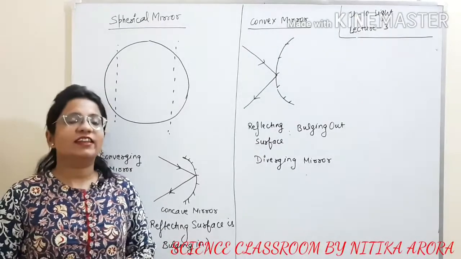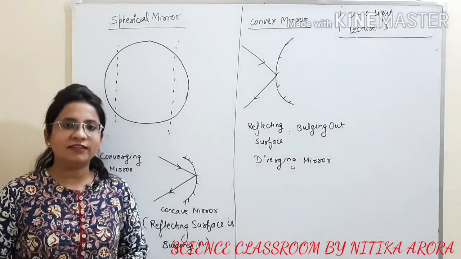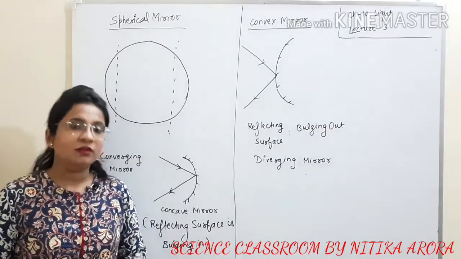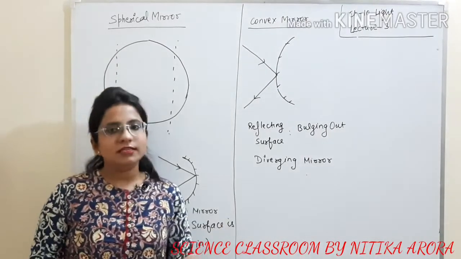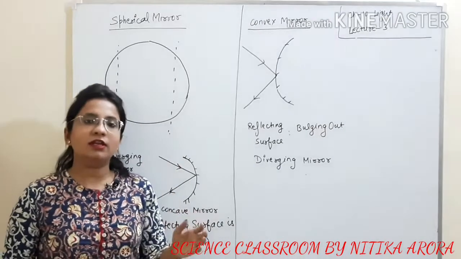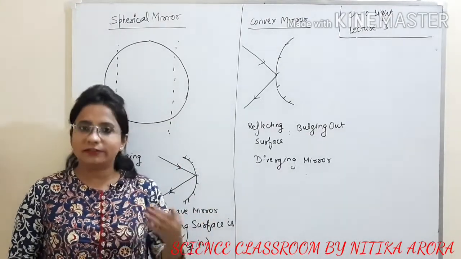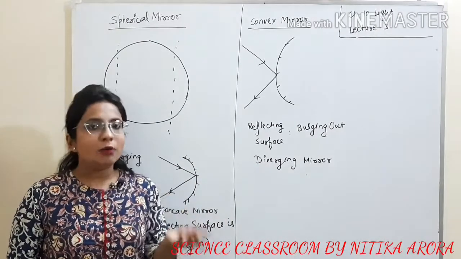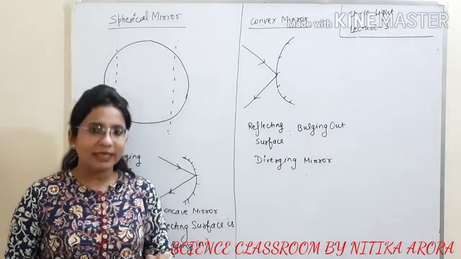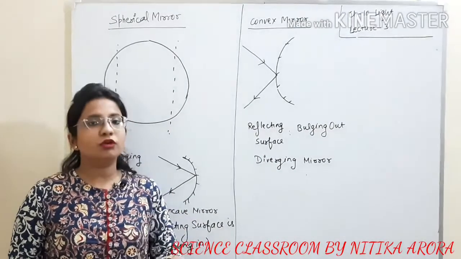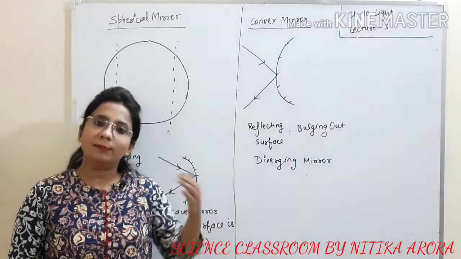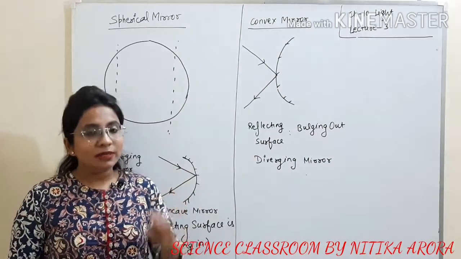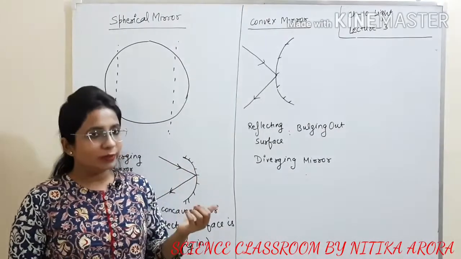Hey everyone, this is the third video for class 10 science chapter 10 light, reflection and refraction. We have already done in the earlier videos that reflection is the bouncing back of light in the same medium when it strikes a surface. And we have done how reflection takes place in a plane mirror, and I already told you that there are two types of mirror, the plane mirror and the spherical mirror. In this video our main concern will be towards the spherical mirror.